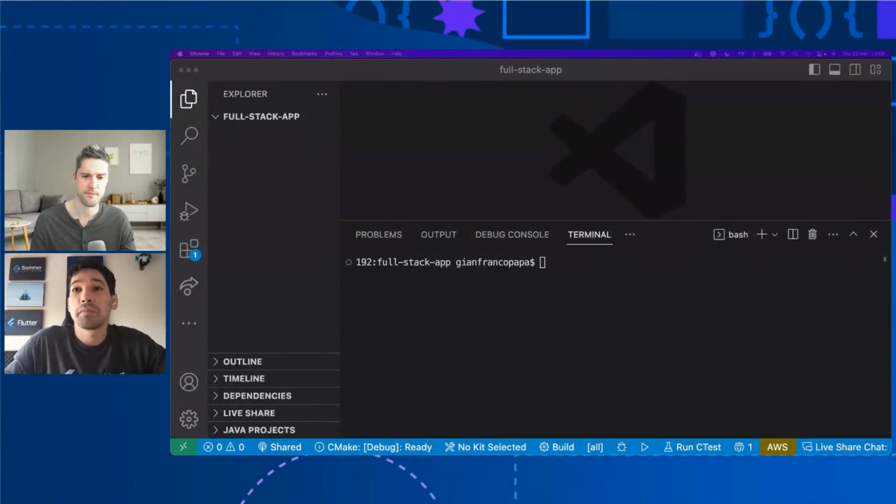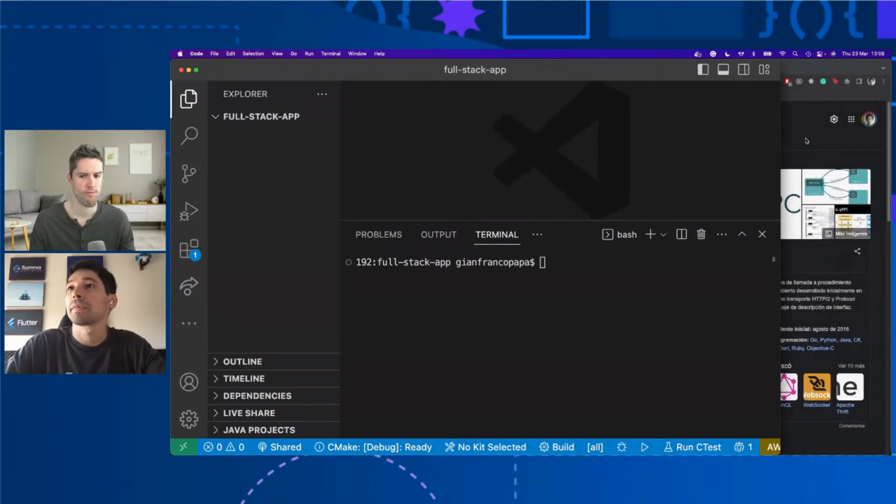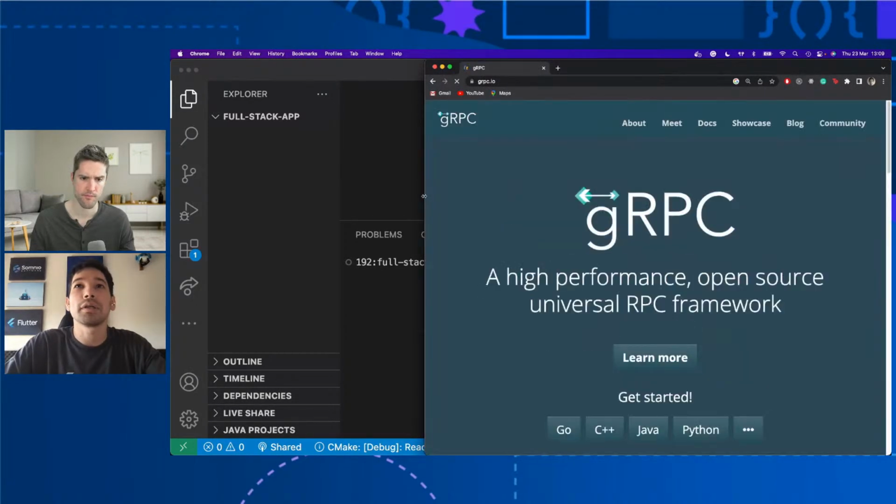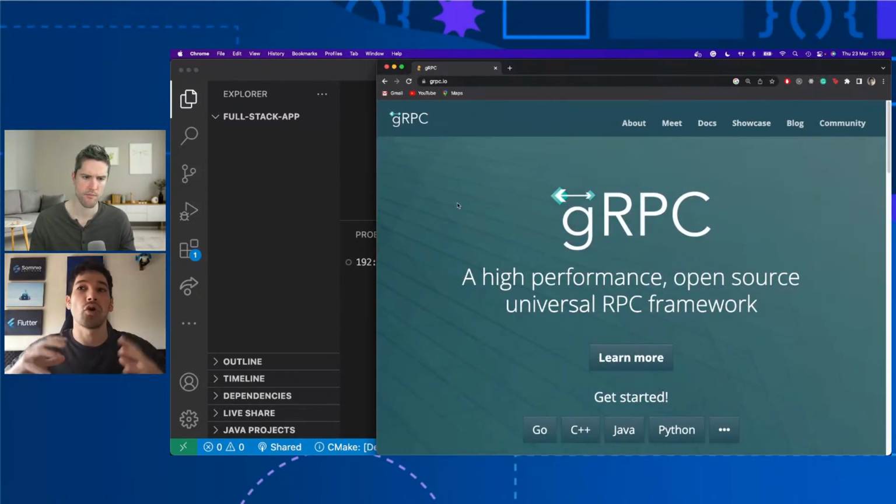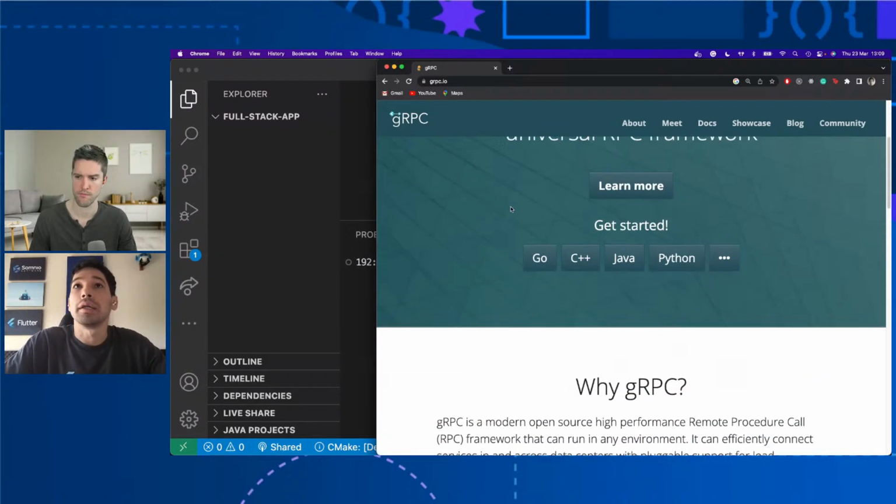Perfect. Okay, so my idea for today, we were discussing with Craig, is to present something from scratch. It will be something real simple, not really fancy. First of all, I have the documentation open here, because I consider that gRPC is not a topic with so much information, like blogs. It's not as common as Rust, right? But here's the documentation, so you can always go to the official docs.